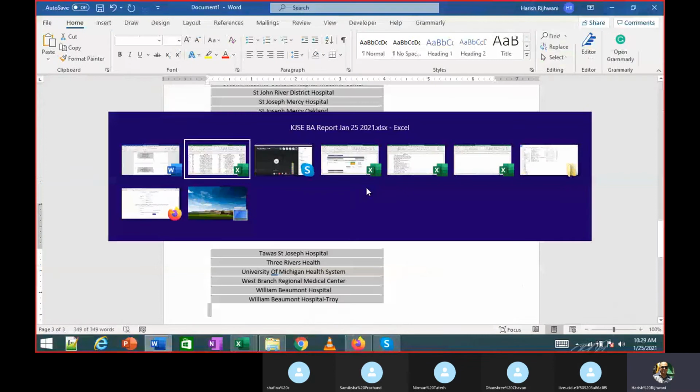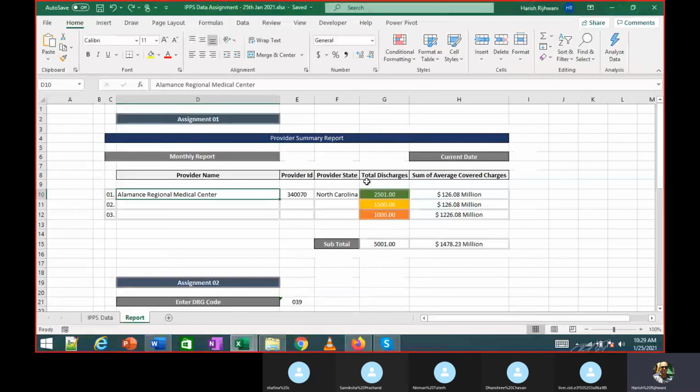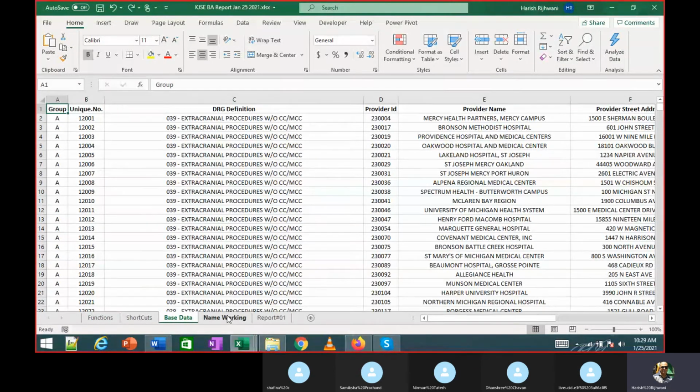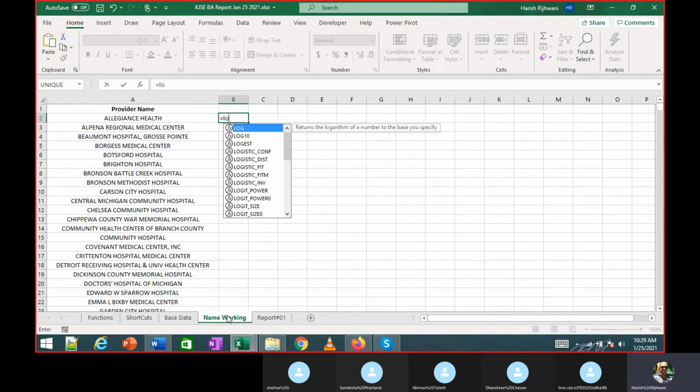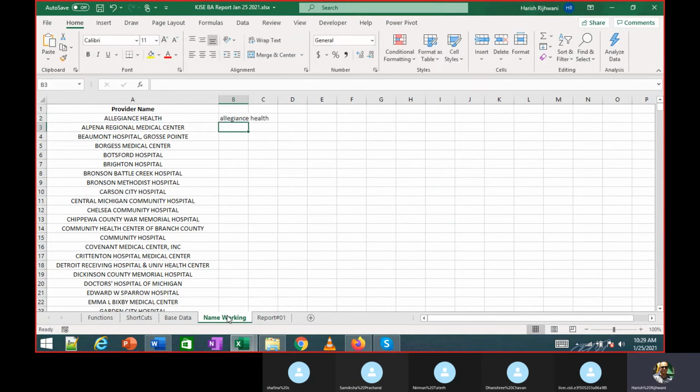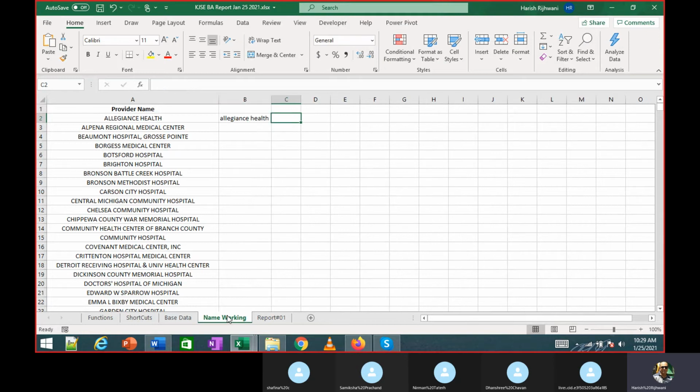So like I said, we now need to make this data into a proper format. There are multiple functions over here. There is a function called lower, which will make this data lowercase. If I use upper, obviously it is already uppercase.